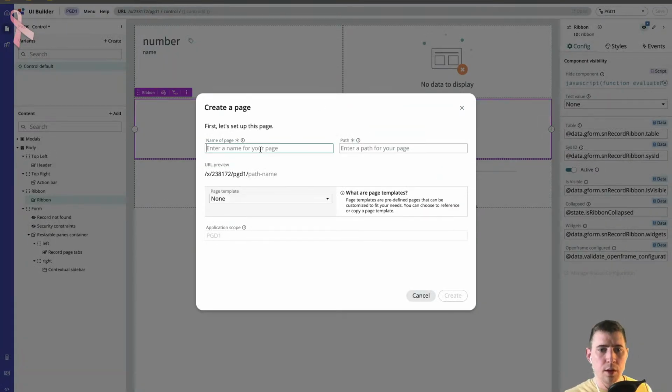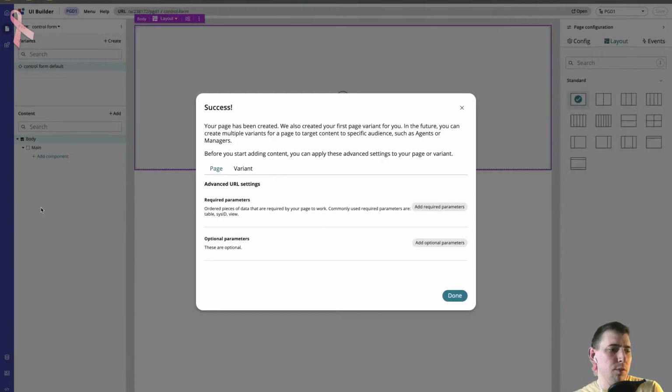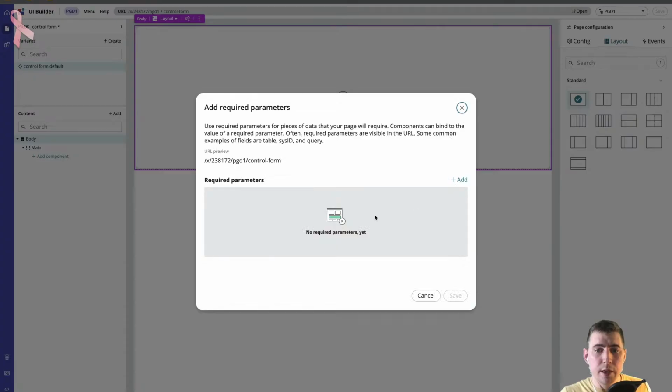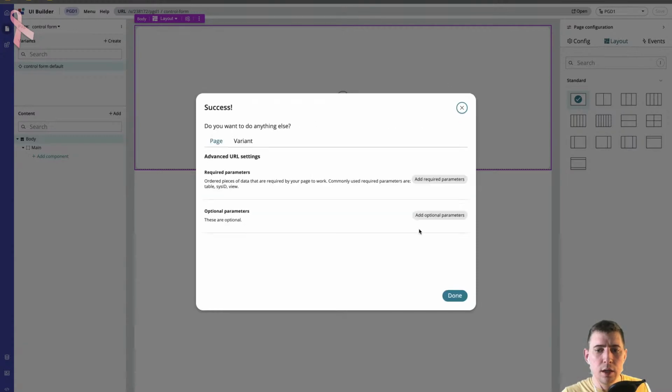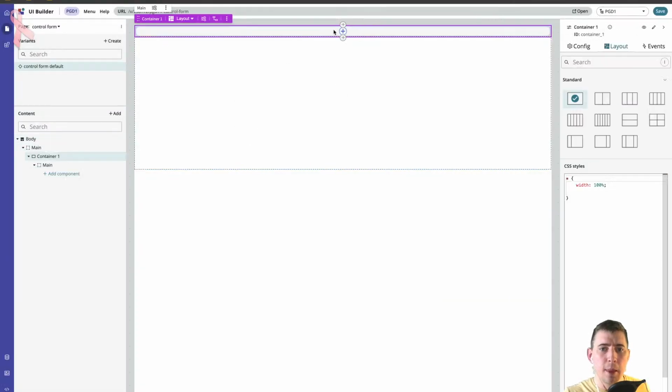I'm going to call this control form. How's that? Control form. Create it without a template. It still requires glide form data broker, but it is simpler. Okay. I would expect that I could just receive. Have I got to add a control ID again in here? Does it already have sys-ID? We can come back and add that. So if I add a container, and then within my container, I add, what can I tick that? Add, yeah, component,